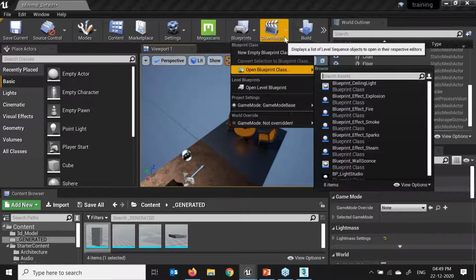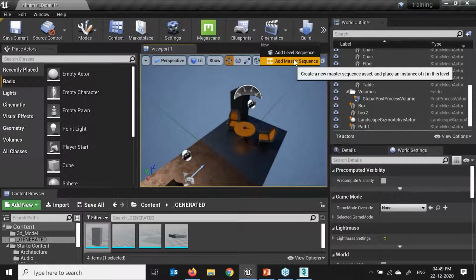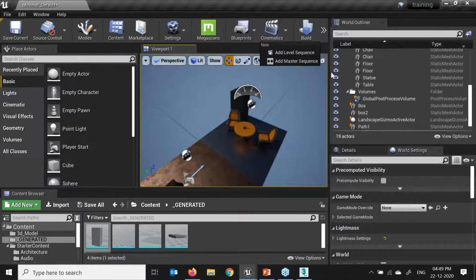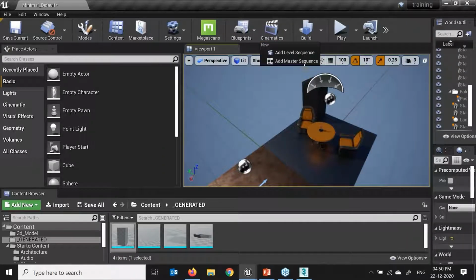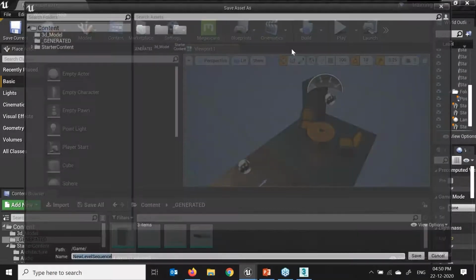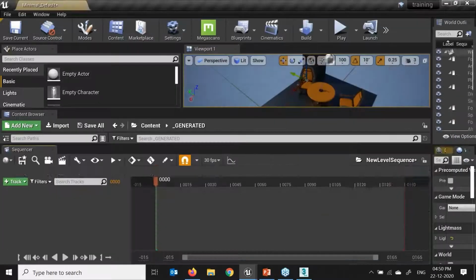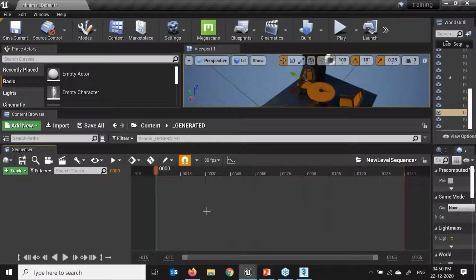Blueprint is there. Cinematic: if I want to see a timeline in Unreal, I need to go into cinematic. I just create my screen over here. Cinematic, add master sequencer, add level sequencer. Just click on save. Here we can say we have created the timeline. If I've given animations to my camera or object animations like in Maya or any 3D software, like what we are seeing in the graph editor, the same functionality will come over here.